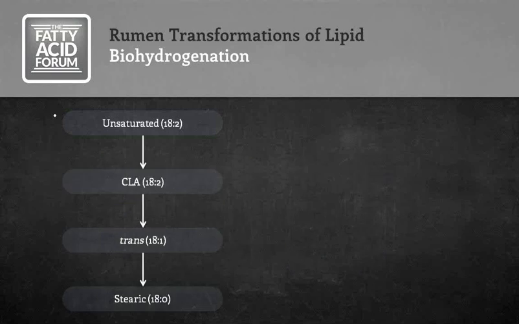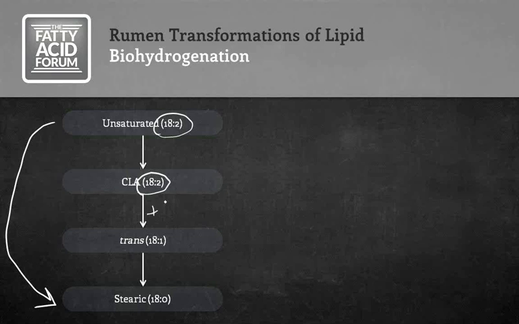Now, the process of biohydrogenation does not proceed as a single step directly from linoleic to stearic. There are several intermediate steps along the way. In the first of these, the double bonds are just moved or rearranged. We start with an 18:2, and we still end up as an 18:2, but we simply move the double bonds around to form a pool of fatty acids called CLAs. And then we can add hydrogens and go down to an 18:1, add more hydrogen, and go down to an